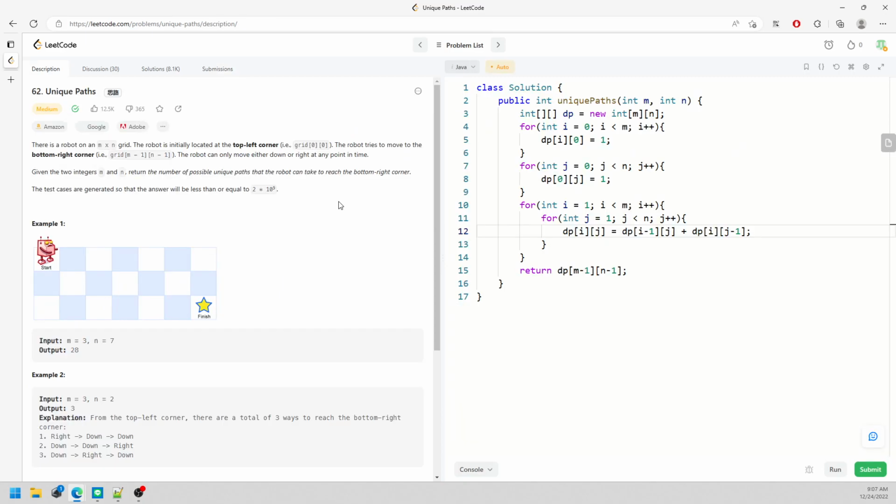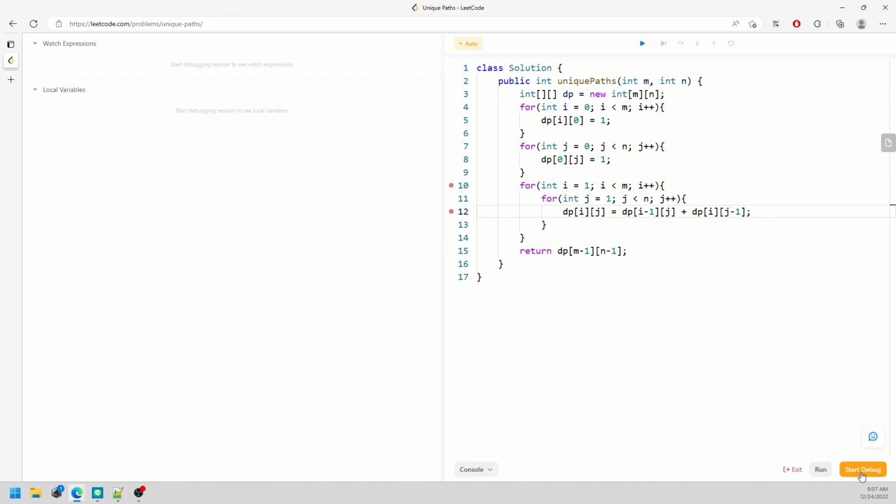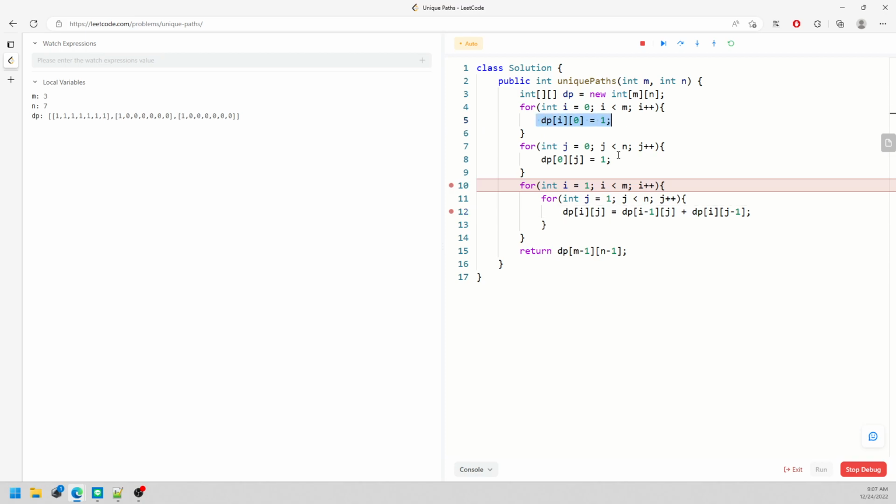Alright, accept, right? So let's just go for the debug mode. I'm going to set a breakpoint right here and start debugging. I want to show the default value for the DP. So this is for DP. When you initialize the DP equal to 1, right? And I'm going to leave the breakpoint, and then I'm going to just keep going,